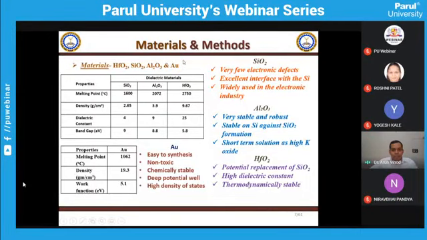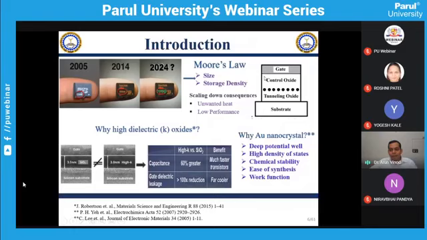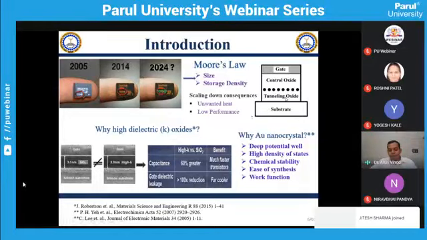and HfO2 is considered a potential replacement of SiO2, and it has already started replacing it. And gold is very easy to synthesize, and it has a high density of states. So with these three materials and the gold layer, we are trying to make a non-volatile memory structure with gold nanocrystals embedded to act as a charge storage device, a non-volatile memory device. For that, we have used